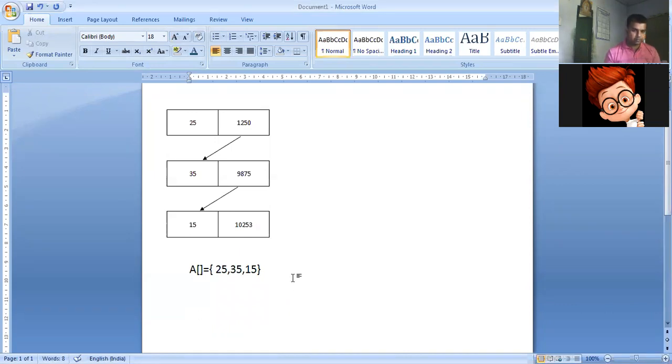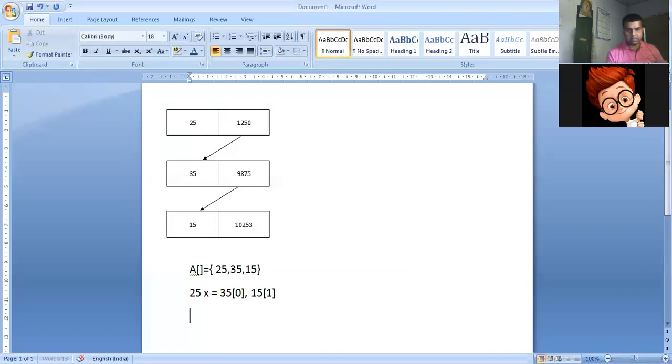Now let's say the first initial stage is that I have to remove the first value from the array. Now try to understand this. If I have to remove 25 from the array, then what will become of it? My 35 will be stored in the 0 address and my 15 will get stored into the first address. Okay, so that means what? Shifting of the values is happening because my 25 has been deleted from the array.